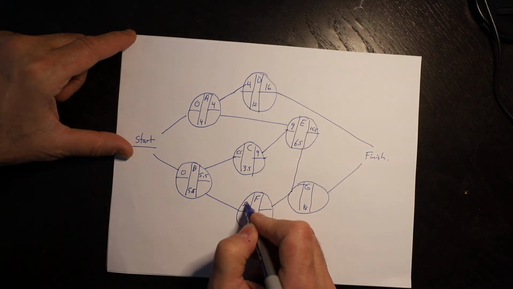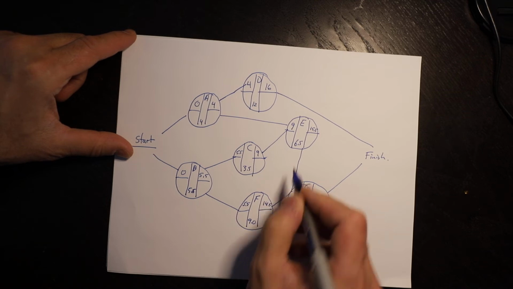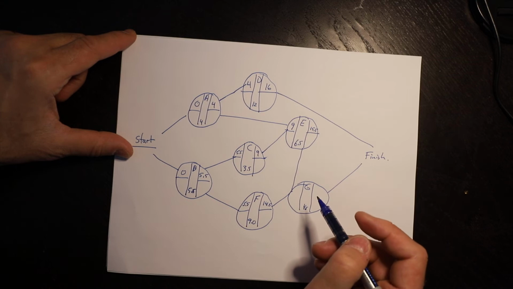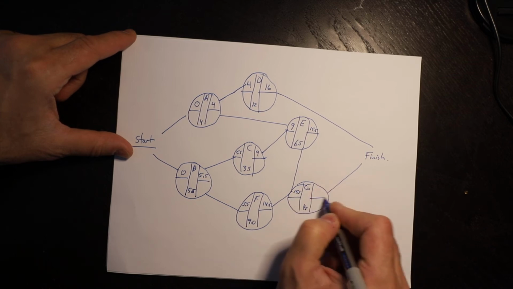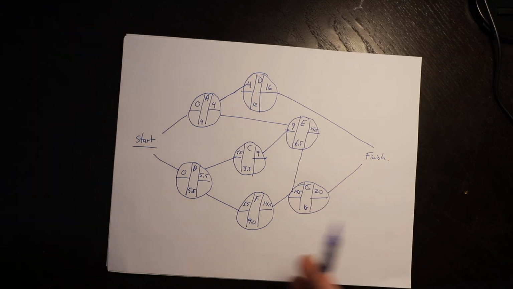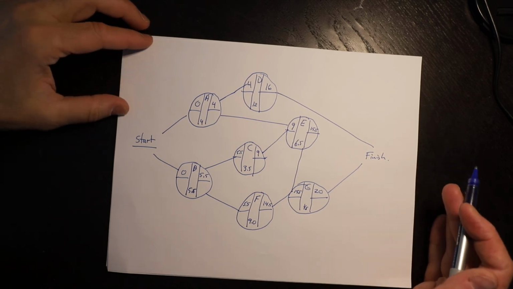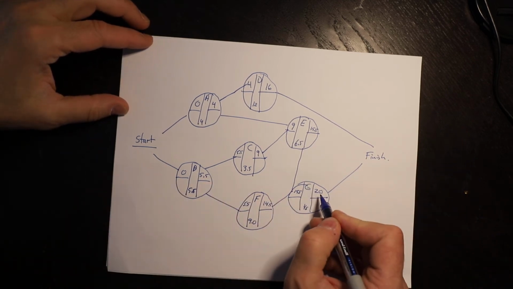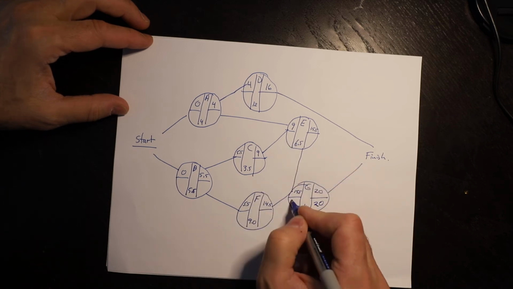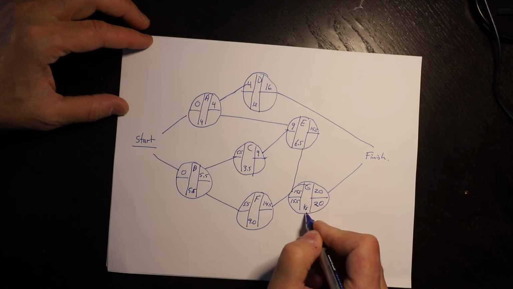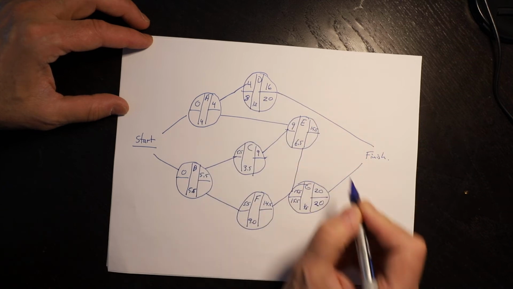Here we would have 5.5 and 14.5. Again, we take the highest of the two earliest finish times. So it's 15.5 plus 4.5 is 20. So we now have our pass from left to right complete. Now we do our pass from right to left. We take the largest earliest finish time, so that's the 20, 20, 15.5. We take away the duration. We have 20 here. That gives us an 8,